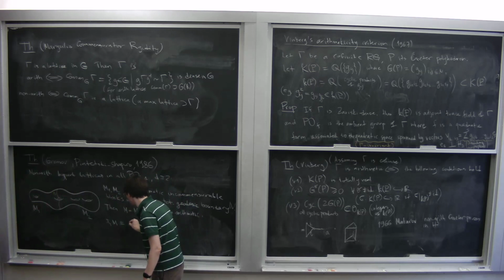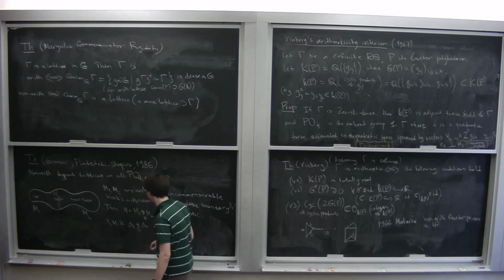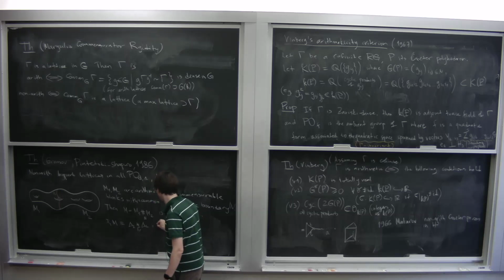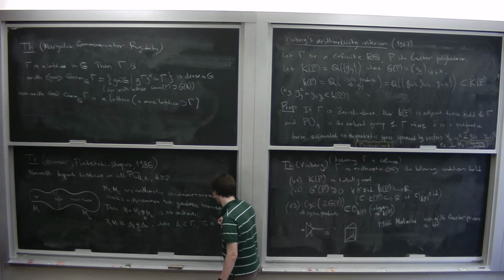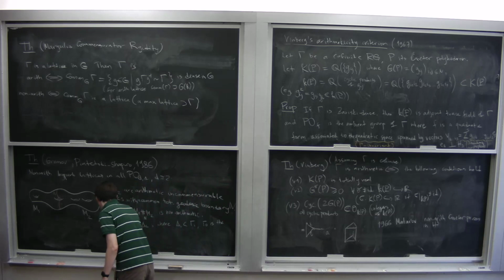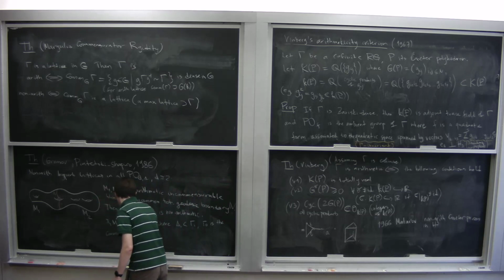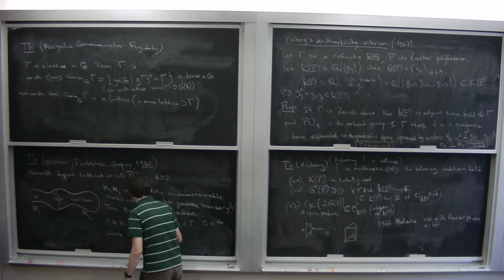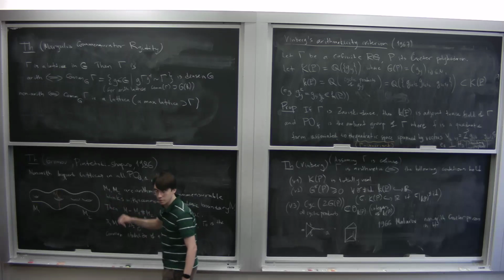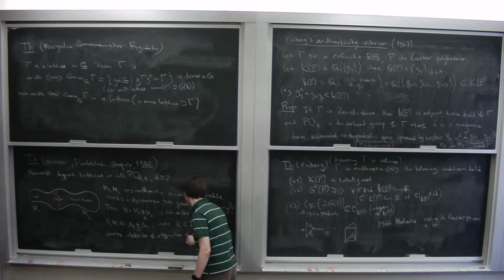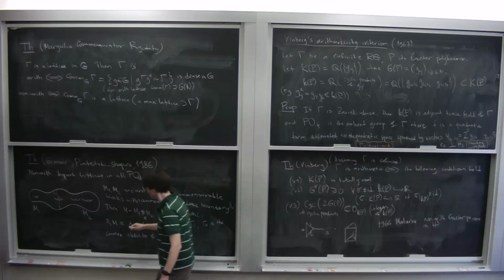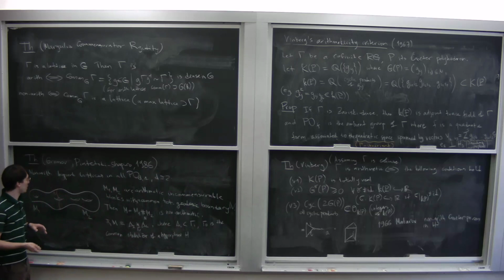This is an amalgamated free product of delta 1, delta 2 along gamma 0, where delta i sit in lattices gamma i, and gamma 0 is the common stabilizer of a hyperplane H that projects to this common totally geodesic subspace N. Well, in fact, one needs to say something more about delta 1 and delta 2, but the idea is that